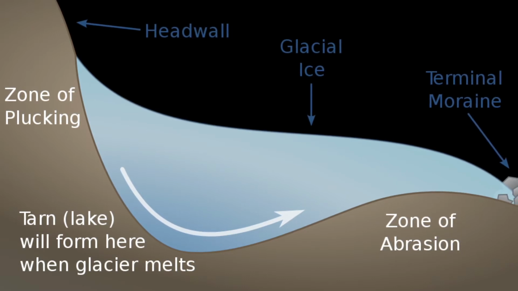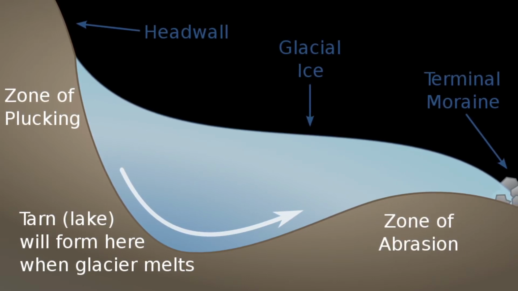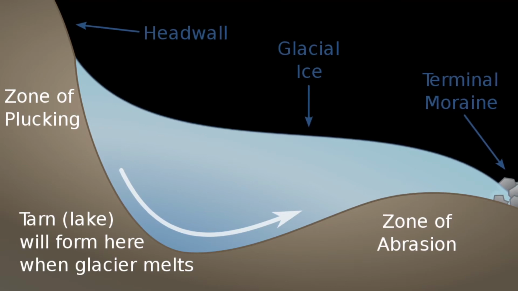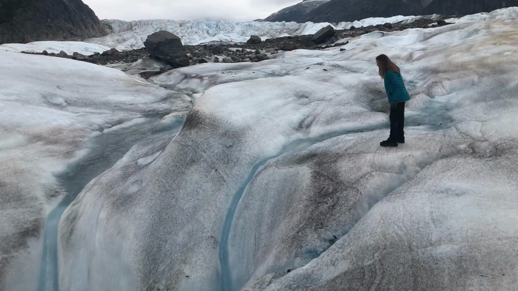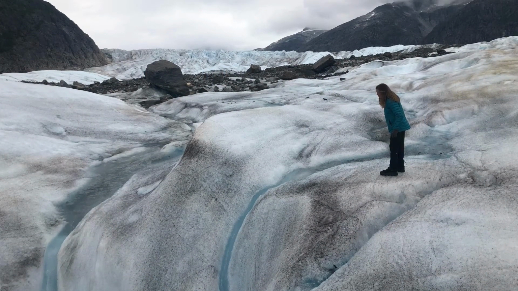And then glacial meltwater is where part of the glacier can melt along its base or on the surface from insolation. There's a lot that we can learn from glaciers, and I hope that you've learned a little bit from